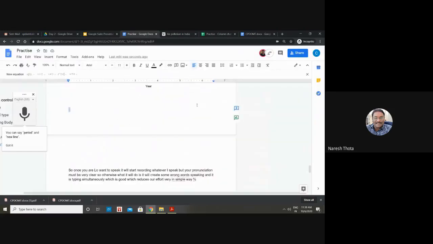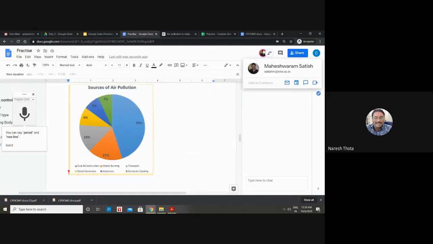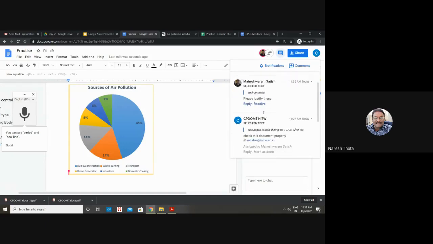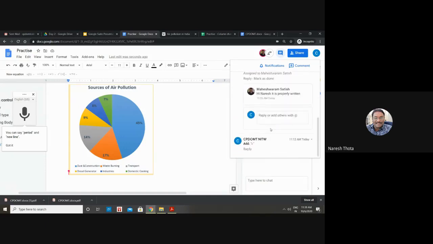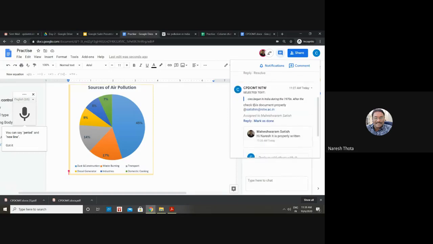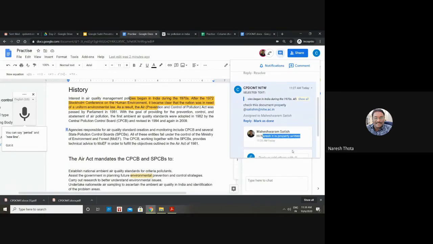Okay. So once a document is shared with a user, it will show something like this. So there will be a chat option where you can actually interact with the students. And you see, I have shared this document with Dr. Satish. The other important thing you can do is see the comment history. I have said something, and he mentioned something.